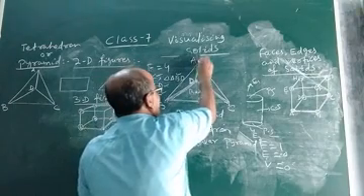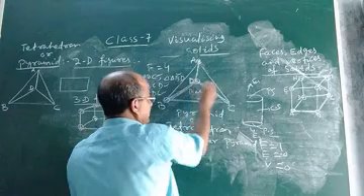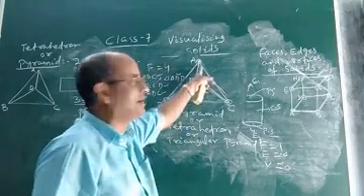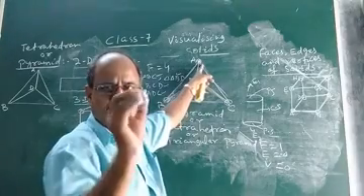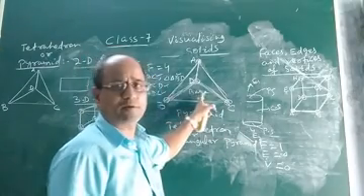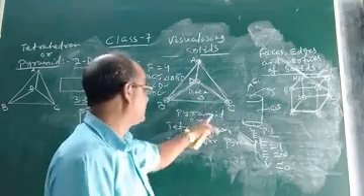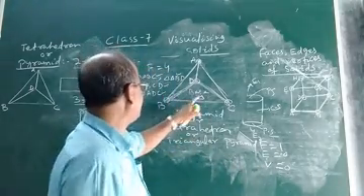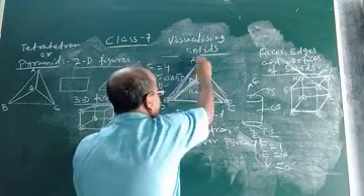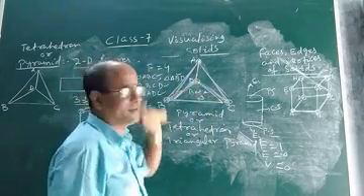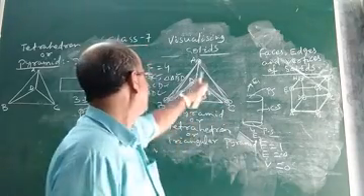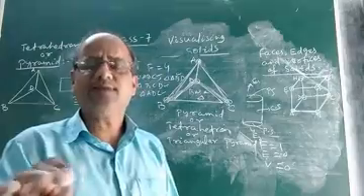And vertices you can easily count: 1, 2, 3, 4, because at this point three edges meet. Look at this edge and this edge. Three edges meet at this point, so it is a vertex. Just as I told you, the point where two or three line segments or edges meet is known as a vertex. So this is the concept of triangular pyramid or pyramid. Edges you can easily count. This is one edge, this is one, this is one, this is one, this is one. That means 1, 2, 3, 4, 5, 6. It will have 6 edges, 4 faces and 4 vertices.